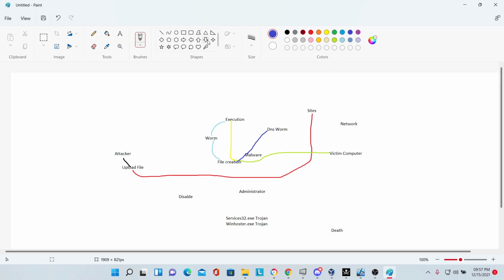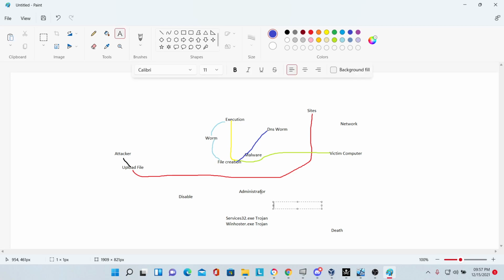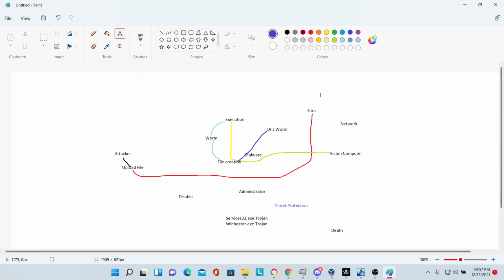No one had the virus threat protection, which I keep forgetting to add. The malware signature will go off if it's run, but somehow viruses could bypass the Windows. So as you see, the DNS worm spreads to the network,